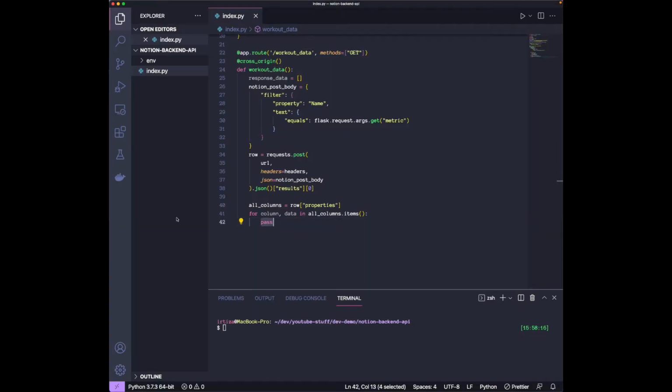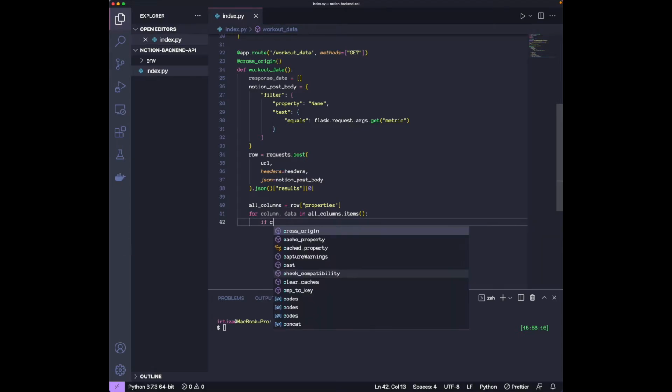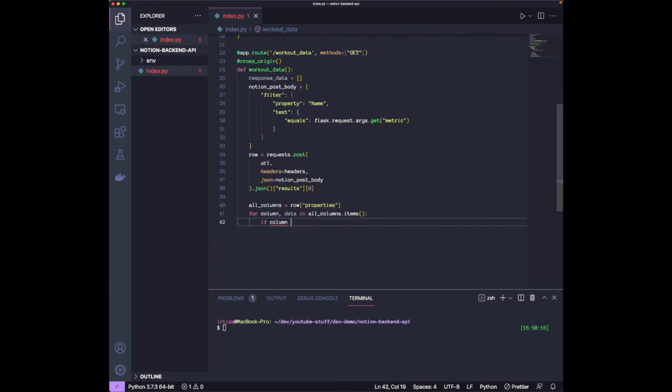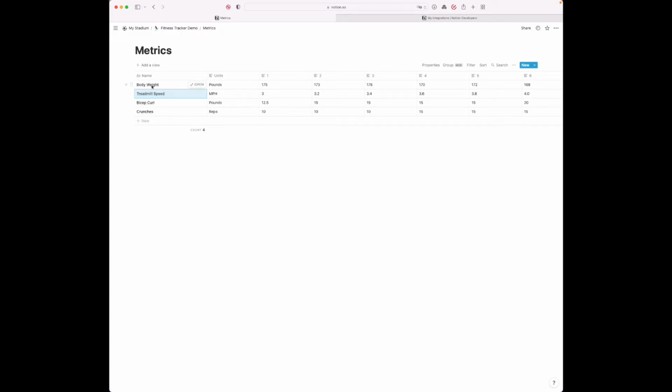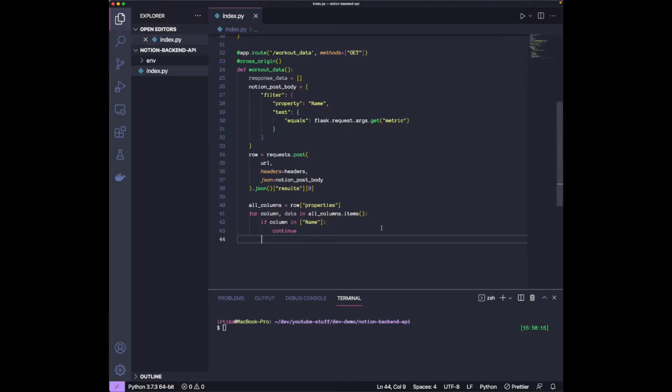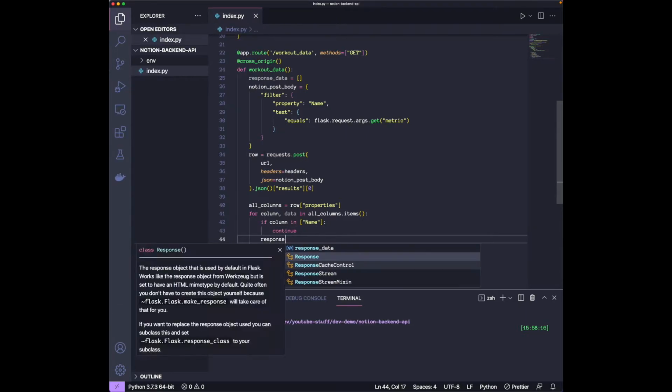All right, so with that being said, what we could do is say if the column is name, we don't really care, so we'll just continue because we already know which. Because what we're essentially doing is making separate API calls for body weight, treadmill speed, bicep curl, and crunches. So every time we make the call, we already know what the name is, so we don't really care about this whole column. And then let's do continue, and then within our response data array,